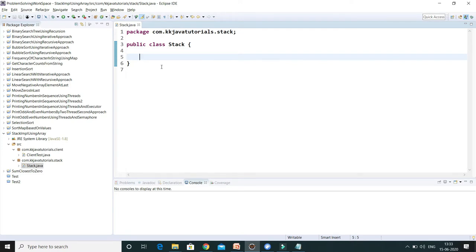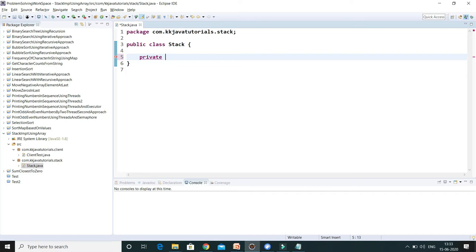As we are going to create a stack using an array, here a couple of things you need to take care of. We need to declare first of all what would be the capacity of our stack. Just for better understanding, I'm going to assume my stack is going to hold int data.